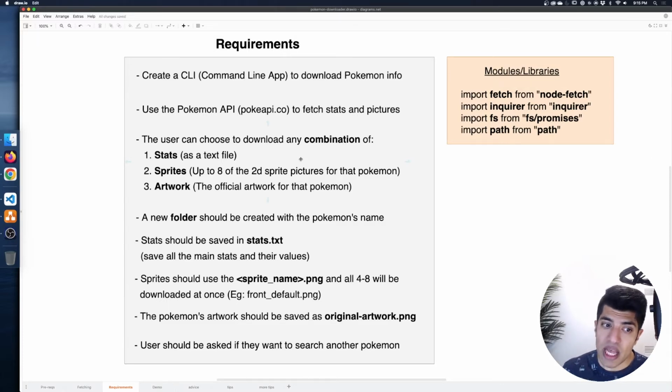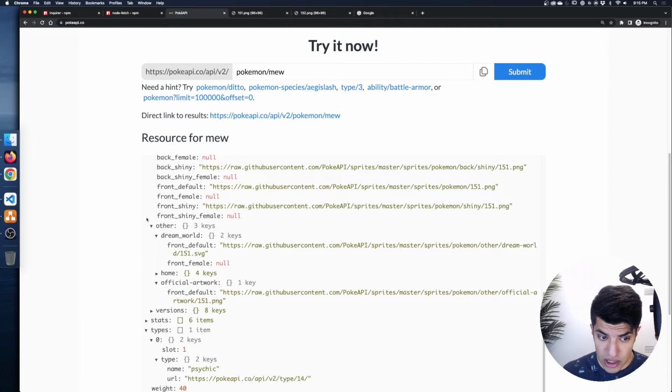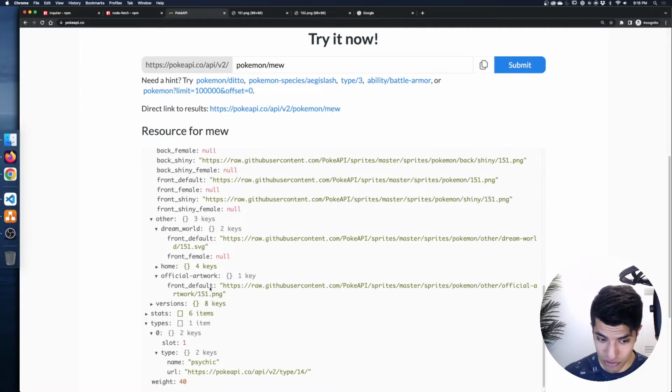Okay. And then the final option, and they can combine and mix and match these options, is the artwork. And that's the official artwork for this Pokemon. So let's take a look at where that is, right? That's inside the sprite section, inside the other section. They really nest us in here, inside the official-artwork section, and then front_default. So if I open up this for Mew,